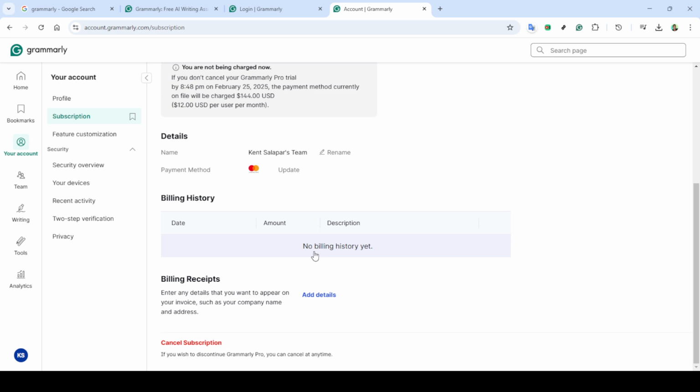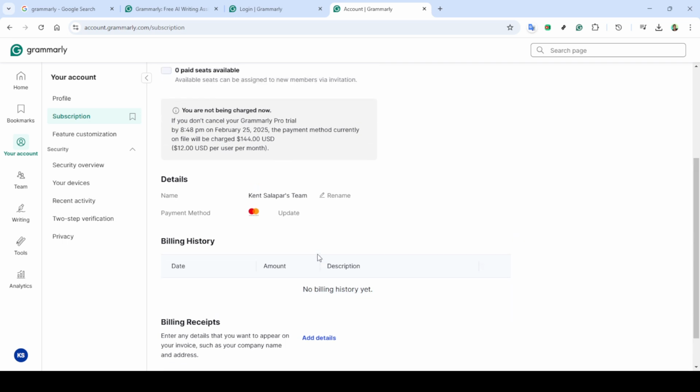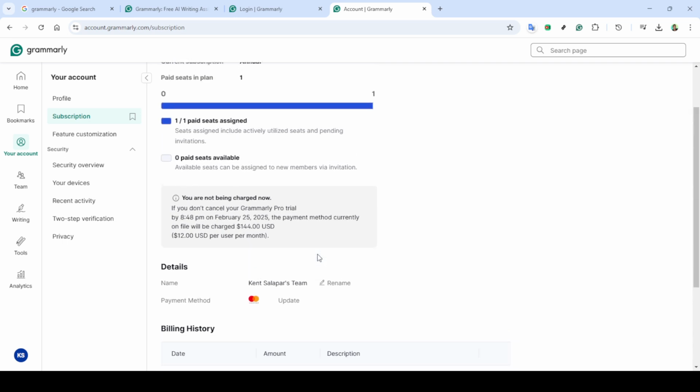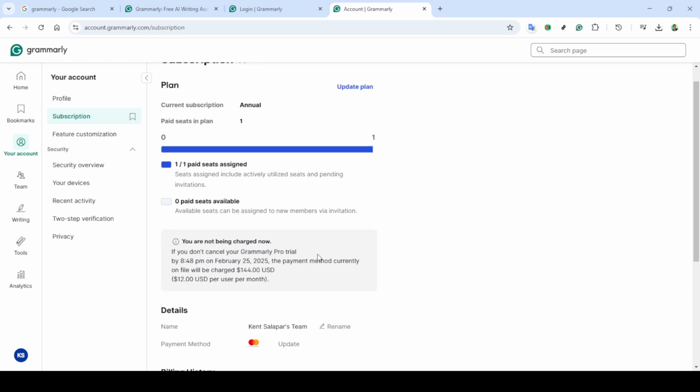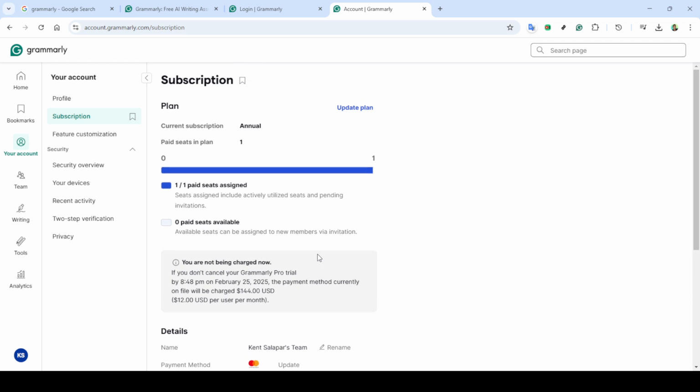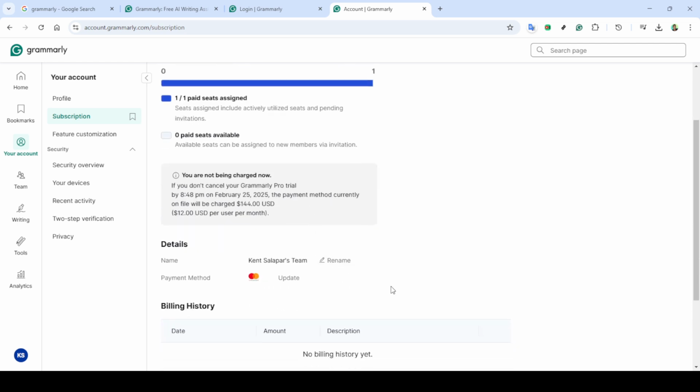By doing so, you're unlocking advanced features that can help you write more effectively and efficiently. Whether you're drafting an important document, writing an email, or working on creative writing projects, Grammarly Premium has tools that can make a significant difference. I hope this guide helped you through the upgrade process. Enjoy the enhanced writing